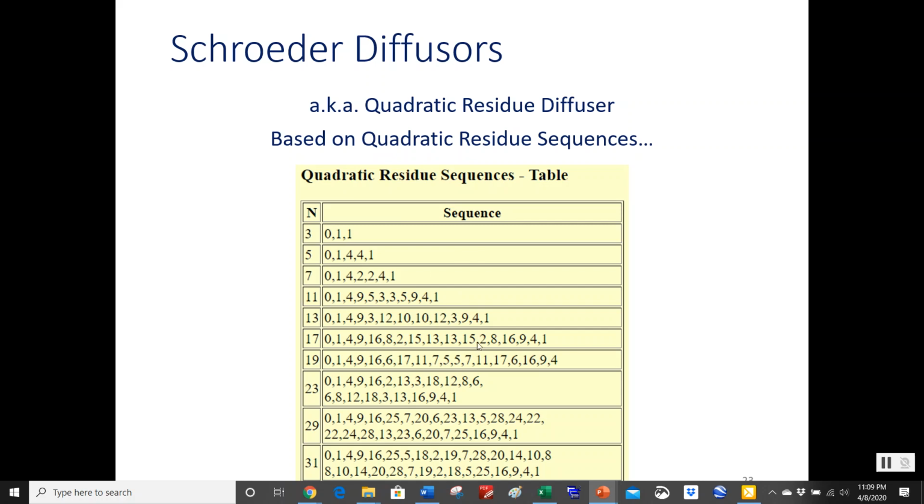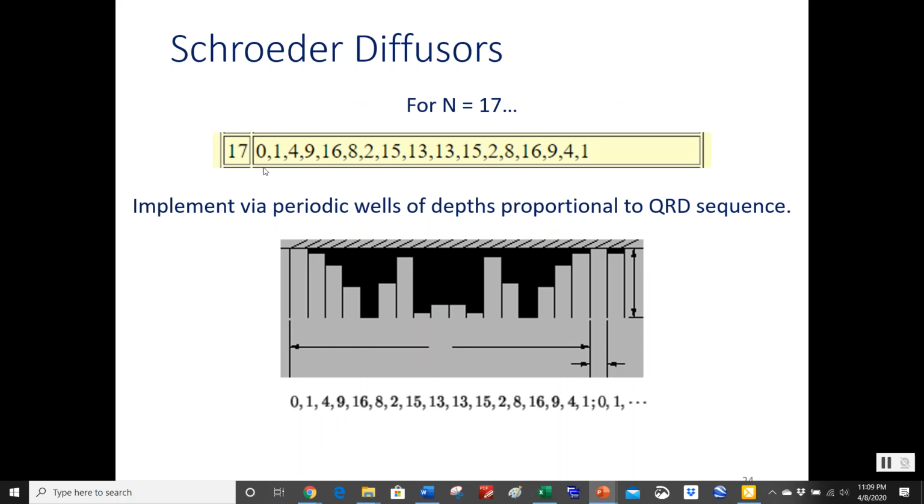We're not determining those here, we just have all these in a table. But let's take this one. Let's say we're basing it off of an N equals 17 quadratic residue sequence. So we have that here. What happens is these numbers tell you the proportions that your diffuser should be. It basically assigns